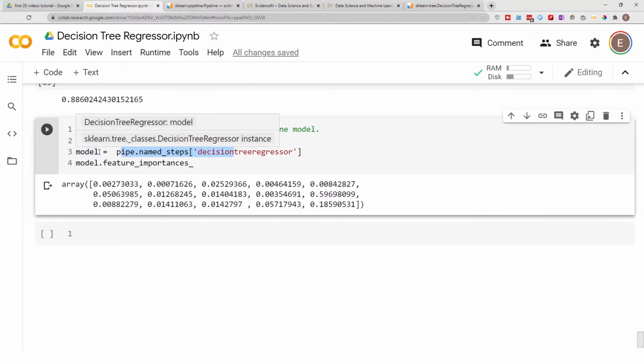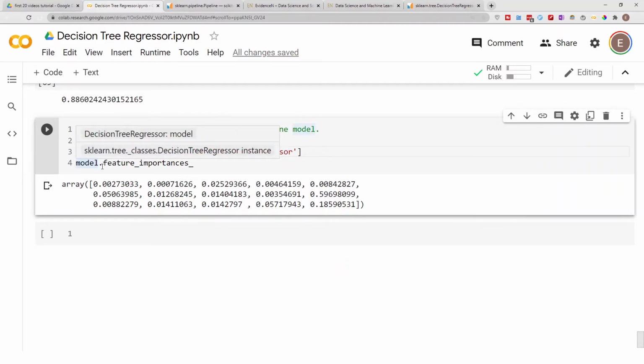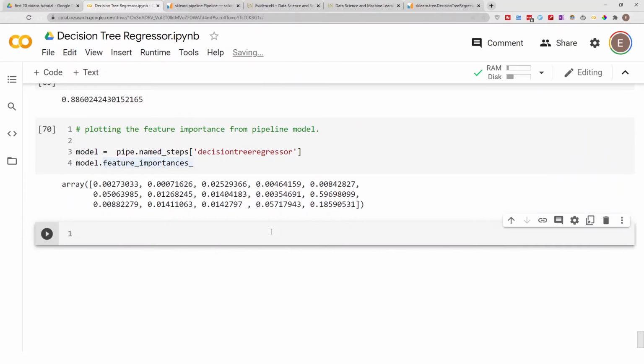Basically you pull out the decision tree step from your model, and then you get the feature importances that way. And also, let's say to get the columns